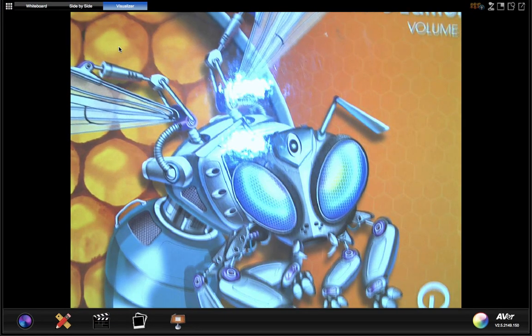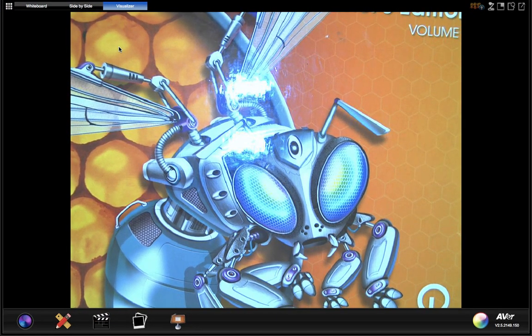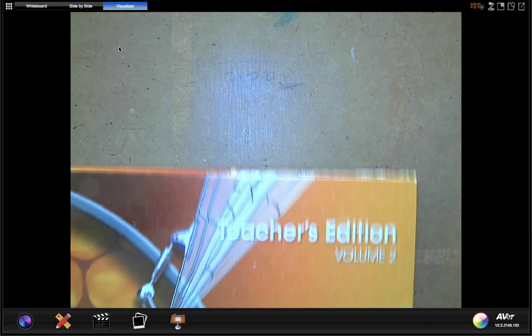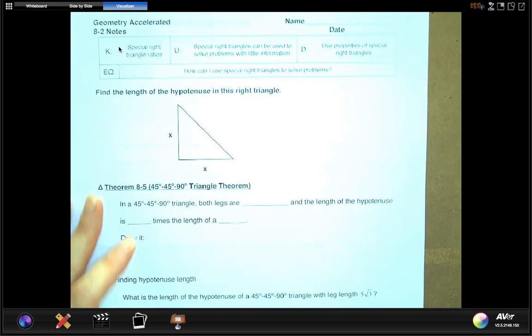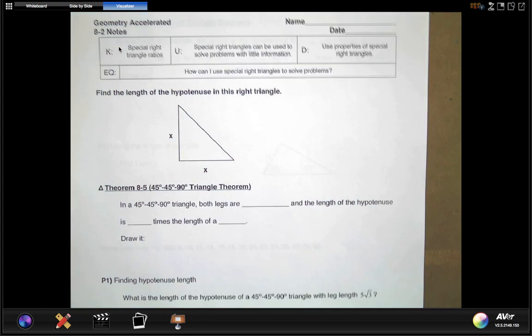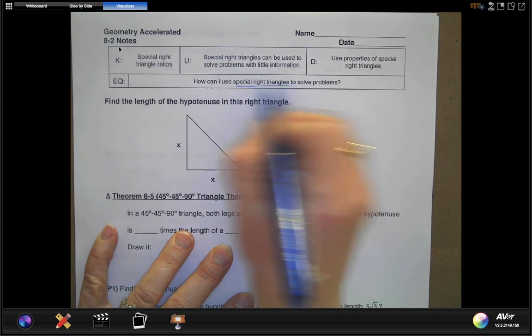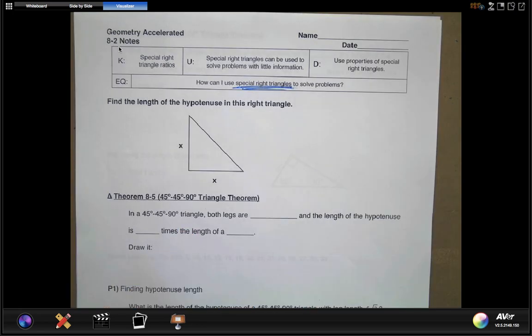All right, section 8.2. So 8.2 says that we want to find the length. We have these special right triangles, and these special right triangles have some shortcuts. So if we don't know all the pieces of all the sides, we can maybe find them by using these